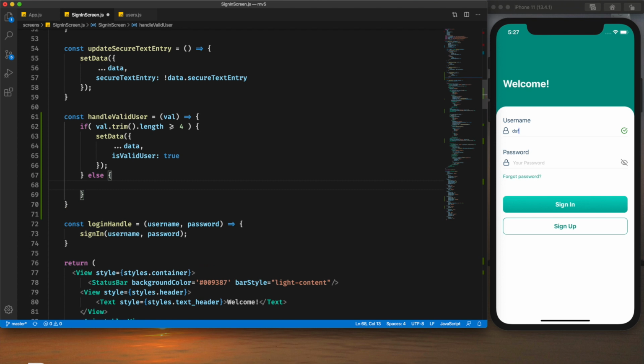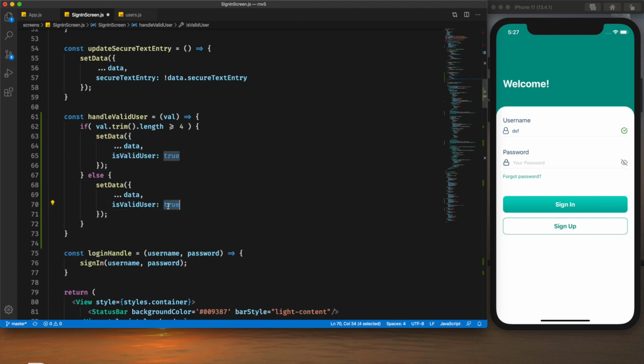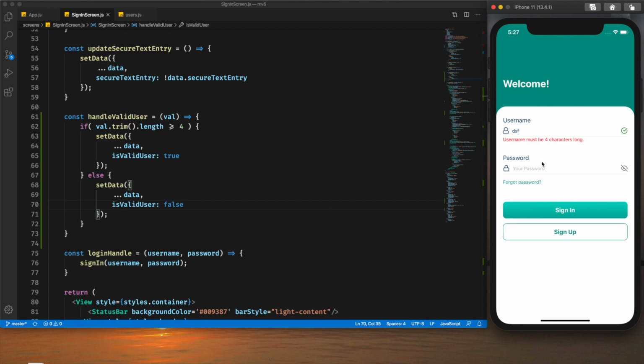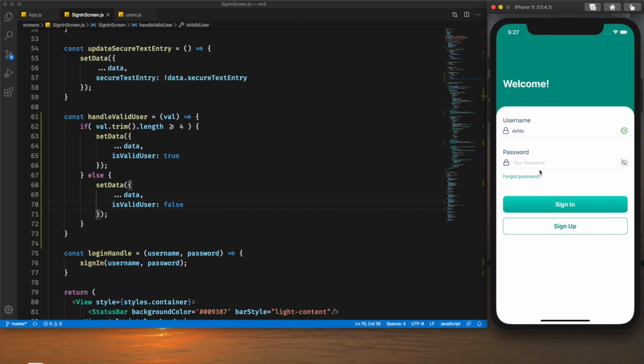And for the else case of it, we can set is valid user to false. Now check it once. Now I'm typing something, and now let's focus out from this field. So we are presented with the error message, and if I type more than 4 characters, then the error message